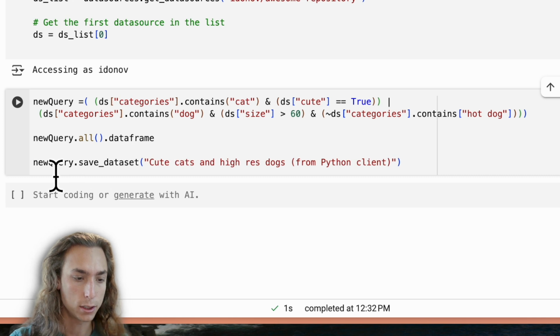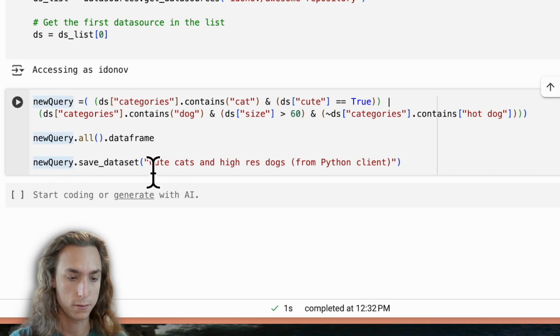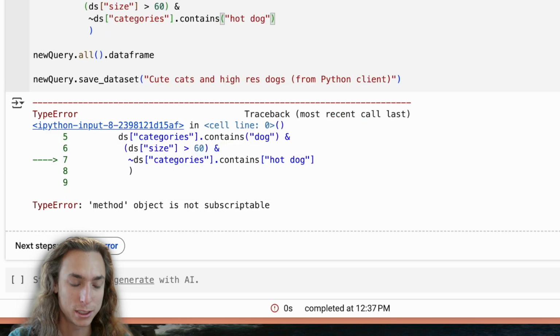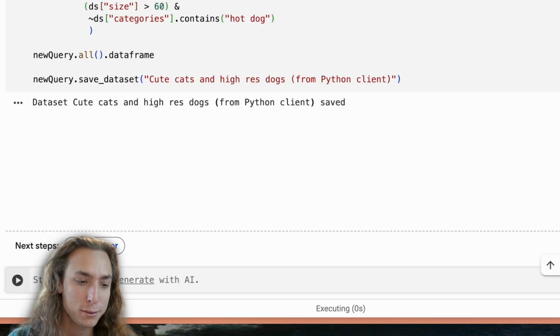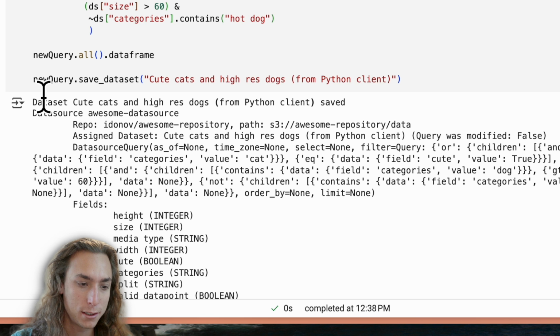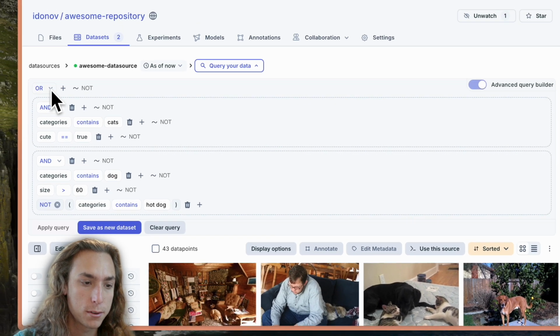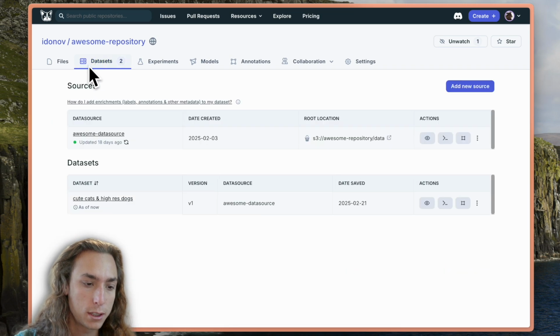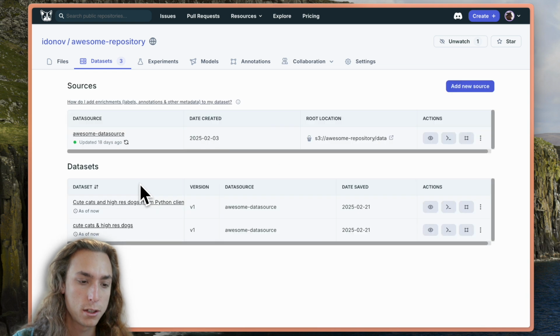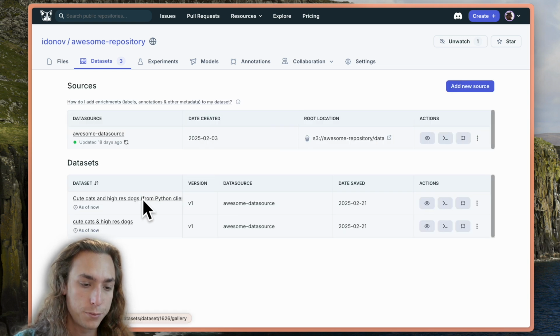And I'm going to do new query dot save dataset and give it a name. I'm going to run it again, and it says dataset cute cats and high-res dogs from Python client saved. Now I can head back to DagsHub, go to my datasets tab, refresh, and I see here another dataset created